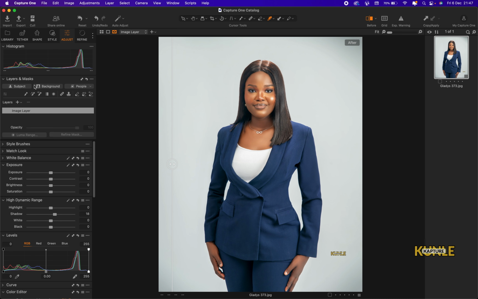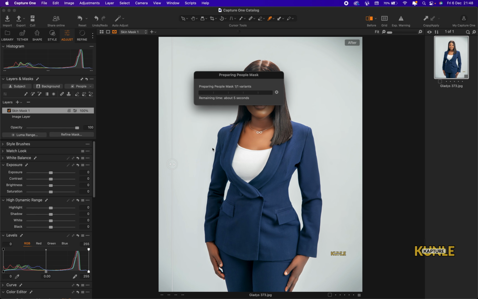So I'll come to this particular selection. I have subject, I have background, and I have people. You should be on the latest Capture One to use this. So I'm going to open the people. You see body skin and face skin. The two must be checked because I only want to color grade the skin, and I'll click on create masks, right? Then when the masks are created, it's actually going to take time to identify where